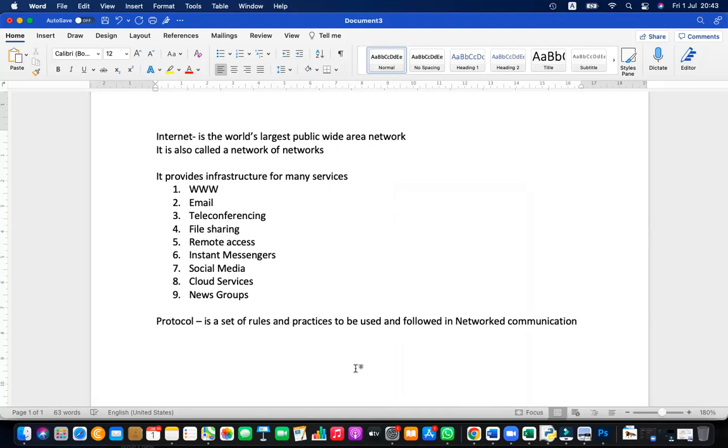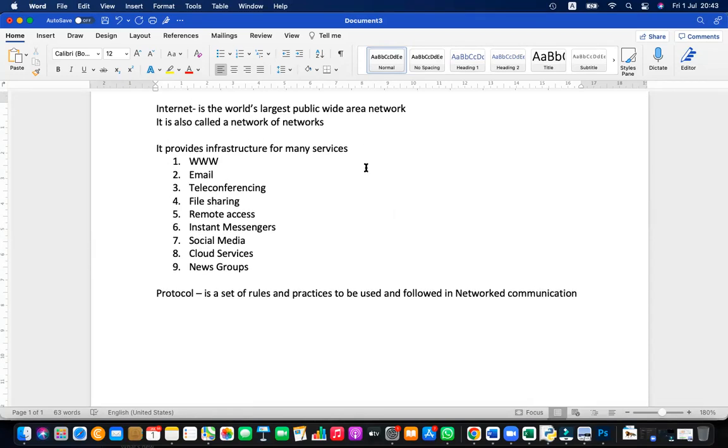What is the language? What is the speed? How is data sent? What is the data representation methodology? Are we going to send data in hexadecimal, binary, or octal? What is the encoding system we are going to use: ASCII, EBCDIC, or binary? All these things need to be considered. That is a protocol. If you don't know, you can write down examples of protocols. The main protocol is IP, Internet Protocol.